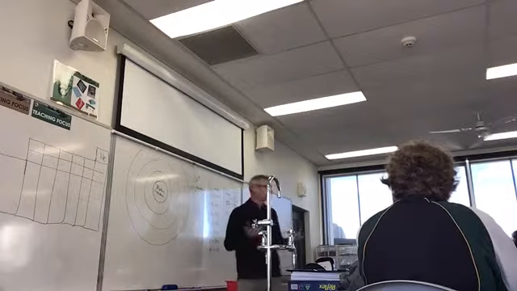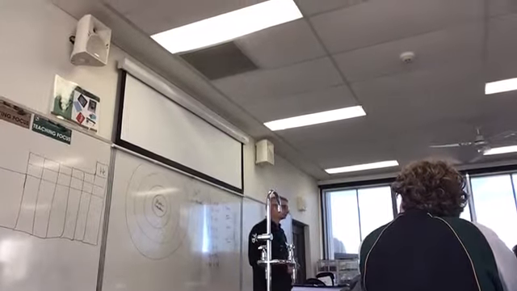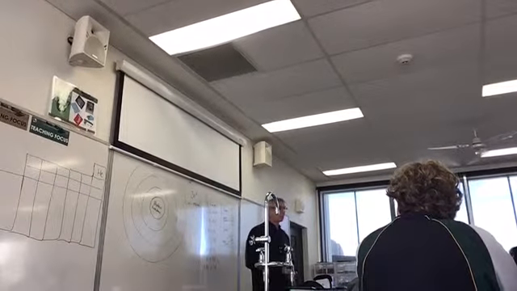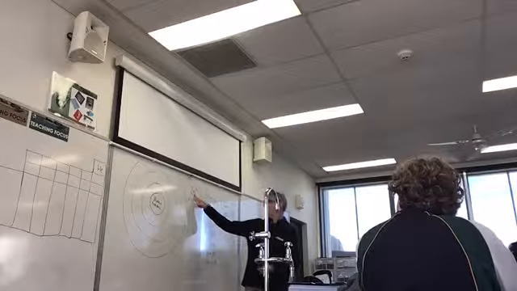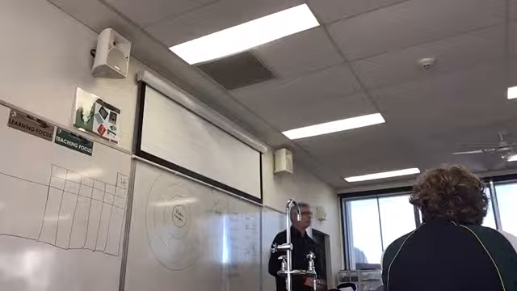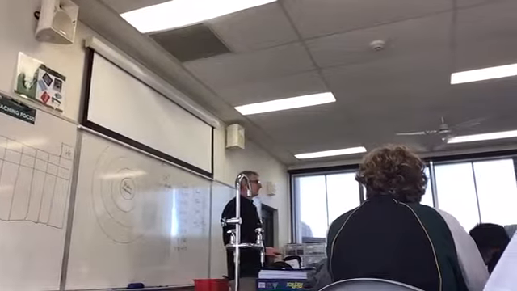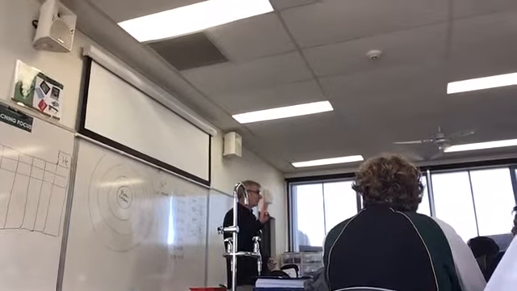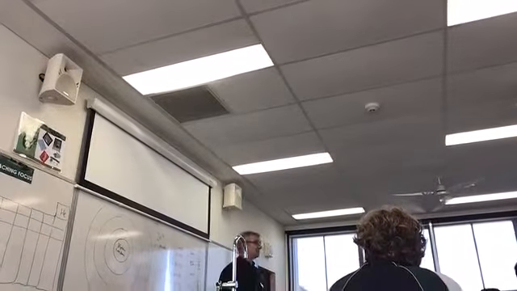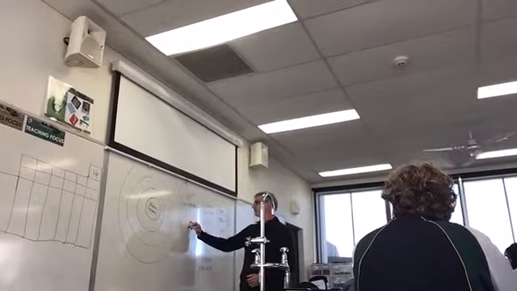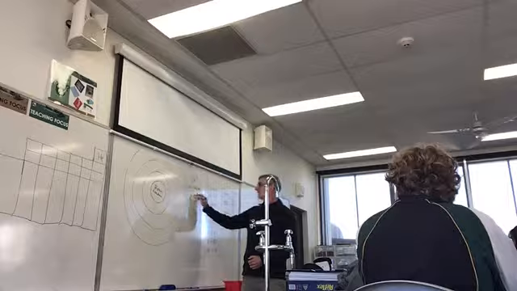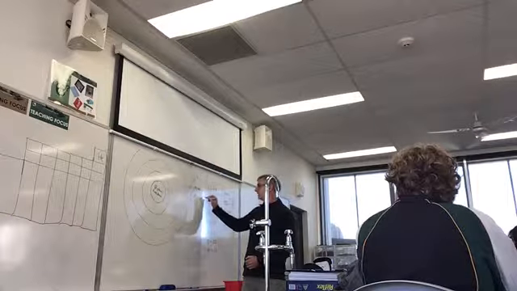So period 1, how many electrons will period 1 hold? 2. How many will period 2 hold? 8. n is 2, n squared, 2 squared is 4, times 2 is 8. How many will period 3 hold? 18. Period 4? 32. Okay, so period 1 is 2, period 2 holds 8, and then we've got 18,